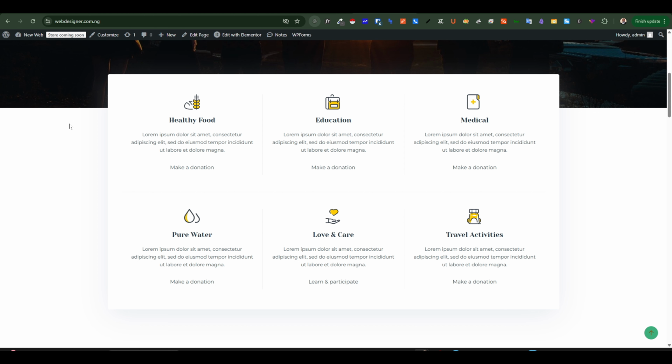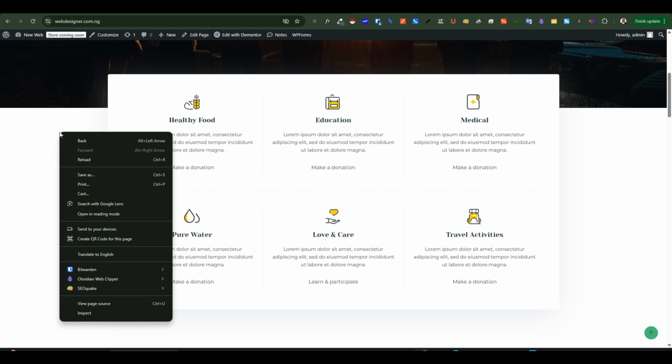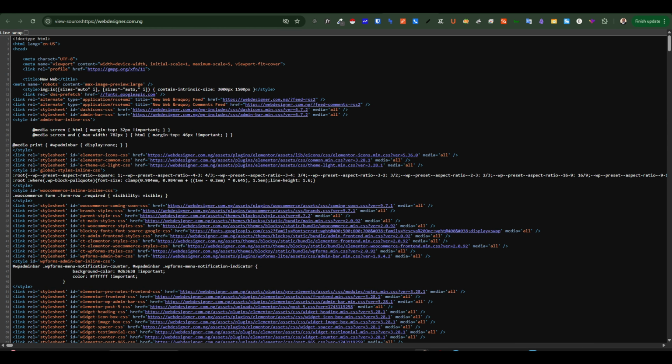Now for this method, you don't need a plugin or any other third-party solution to do this. All you have to do is just visit the reference website, and then you'd want to right click on the site and then click on view page source. So right on the page source, you'd want to use Ctrl F to search for plugin, and then you'd see